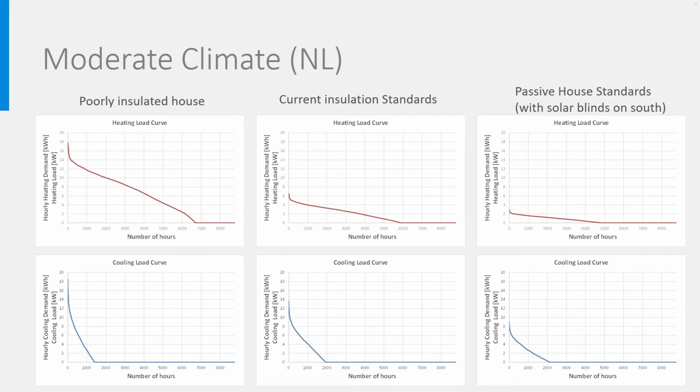That's because a considerable part of the cooling demand happens while the outdoor temperature is still quite low, and well-insulated houses can therefore not lose the heat they gain by solar radiation. This would be even worse in passive houses, that's why solar blinds must be installed. With solar blinds in the passive house, you see that the cooling demand has decreased.